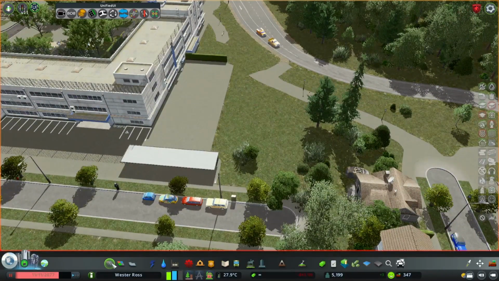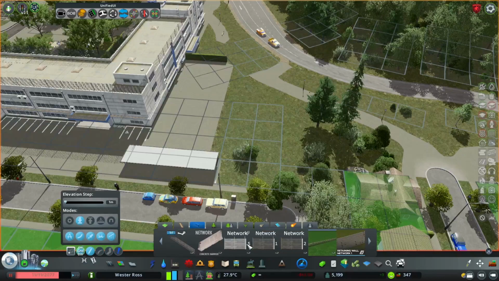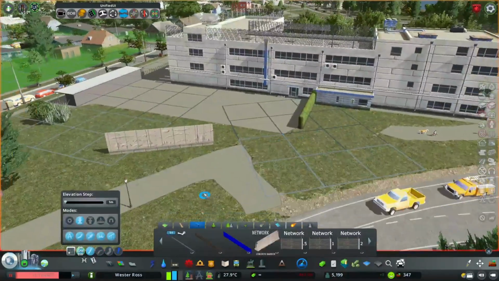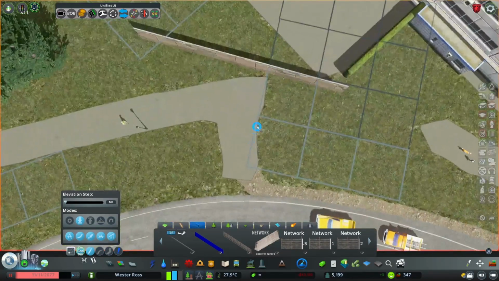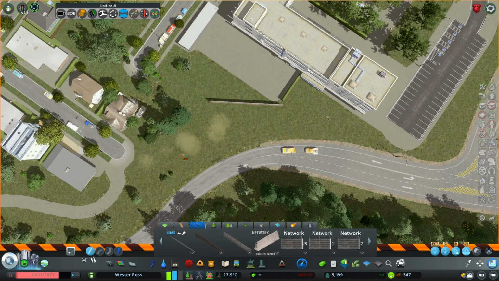Okay, so now what we need to use is, I have sound barrier. How is it going to look like? Not so bad. We can actually have you there. One second, let's just select all the nodes. Not this one, this one. And we can have